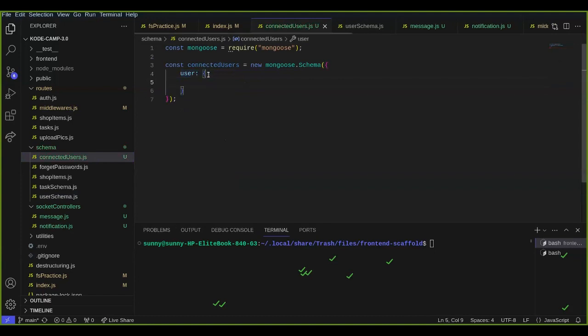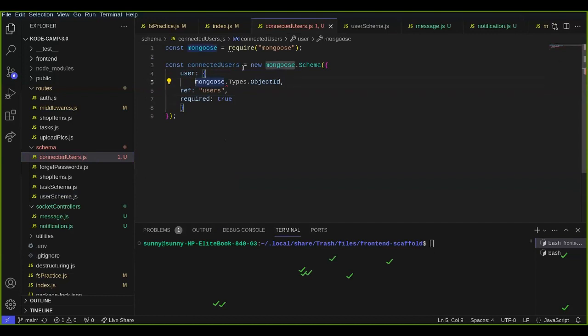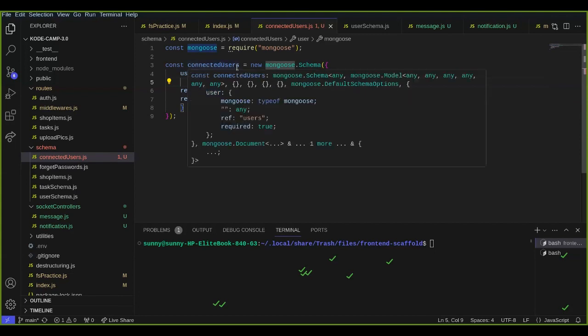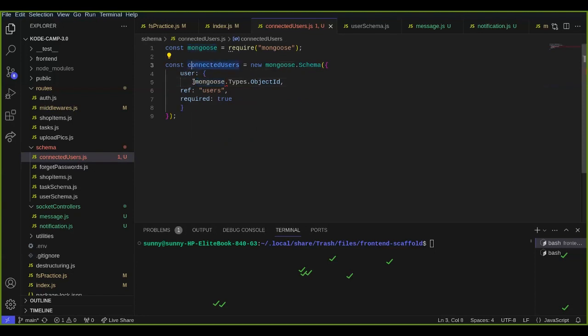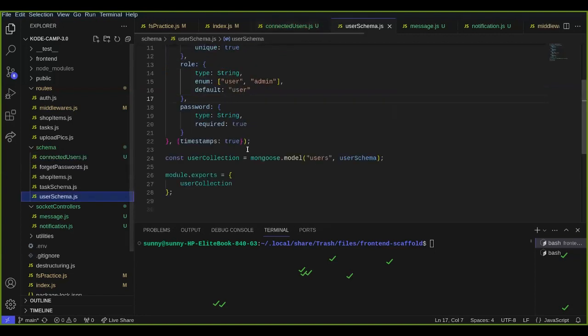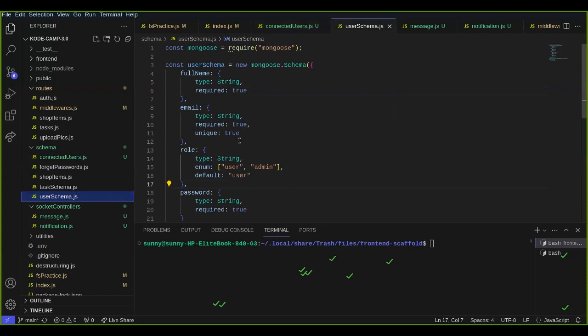User should have the following, should have, wait, what am I doing? Let me not tell myself, I'm actually forgetting this. Let's go to